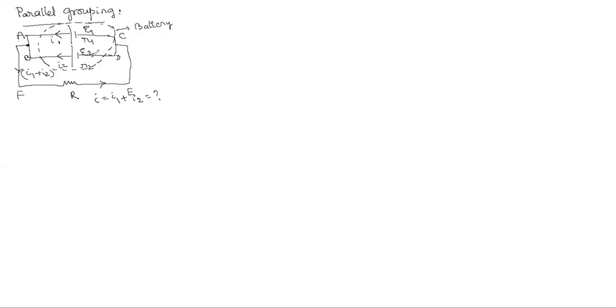I take two loops here, Nana. Like what? A, F, E, C, A. A, F, E, C, A loop, Nana. Anything wrong in it? No, sir. Who will tell what will be the total voltage in the loop? From A you start, A to F, nothing is there. F to E, minus I1 plus I2 into R. Very good. Minus of I1 plus I2 into R. Very good.